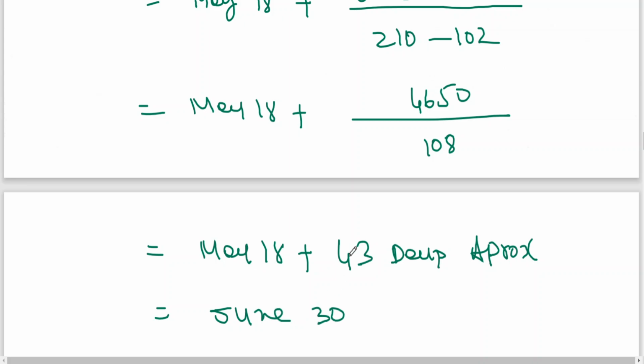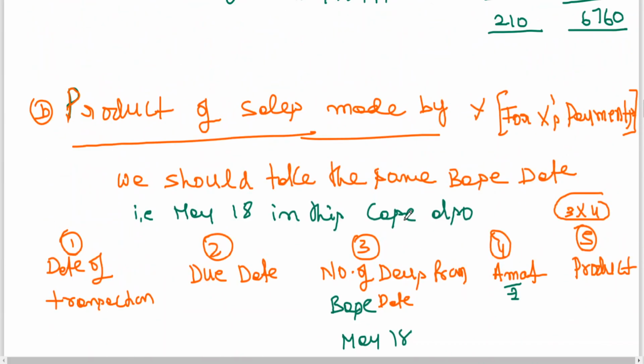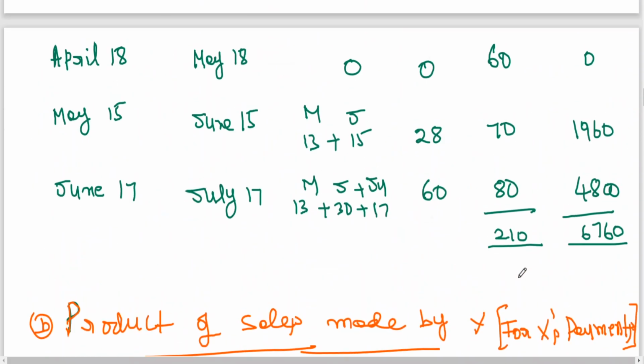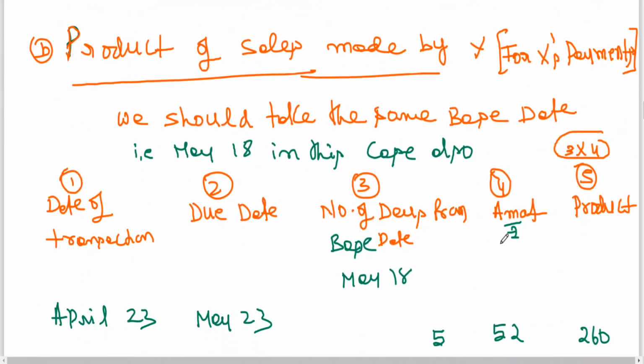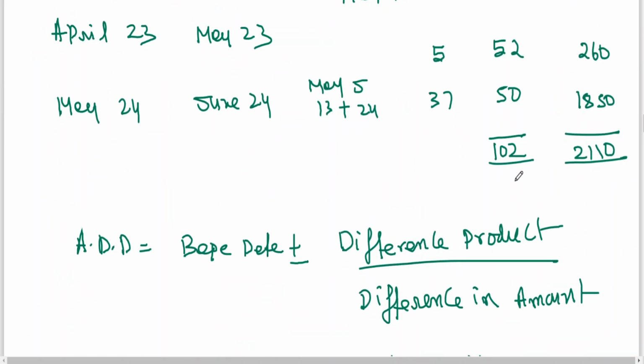Therefore, actually X is supposed to receive how much? For Y's payment, X is going to receive 210. And X has to pay 102. So finally X has to receive 108 rupees. So hence